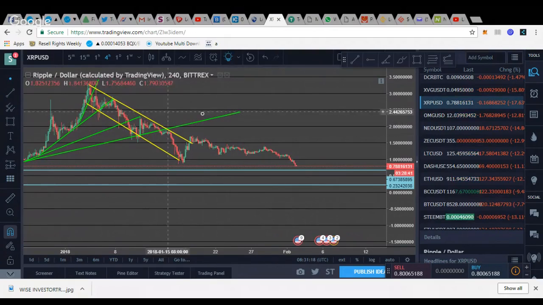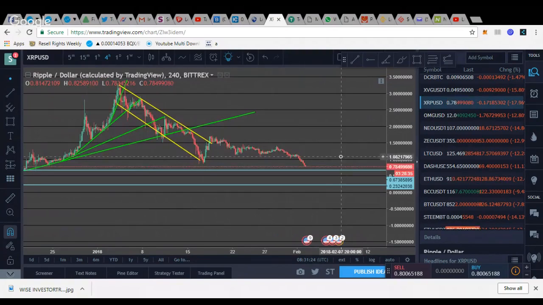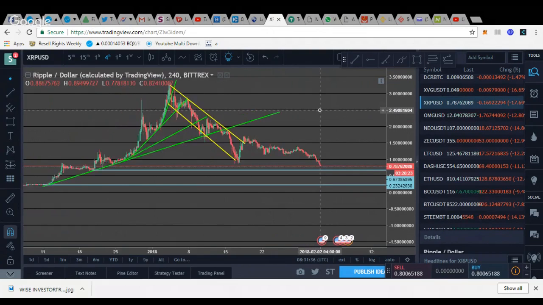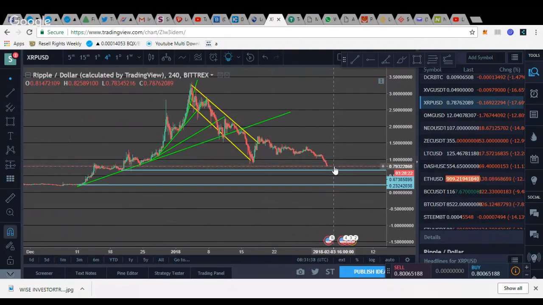So automatically, this whole thing is nullified. We're expecting it, since it has broken this. Look at from here, it has broken this. So we're expecting it not to touch this line again. Before, we did not know if this market was going up or not. All right. But if it fails here, and all these things, most of the time, the sentiment of the market is determined by what is going on with Bitcoin.